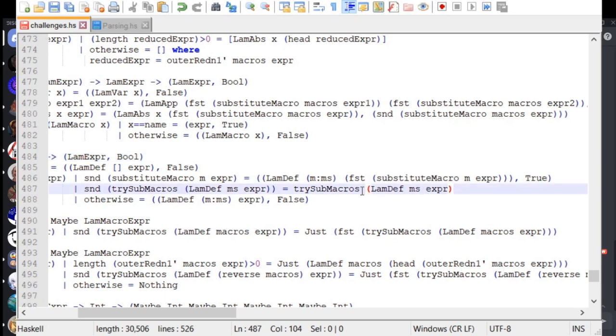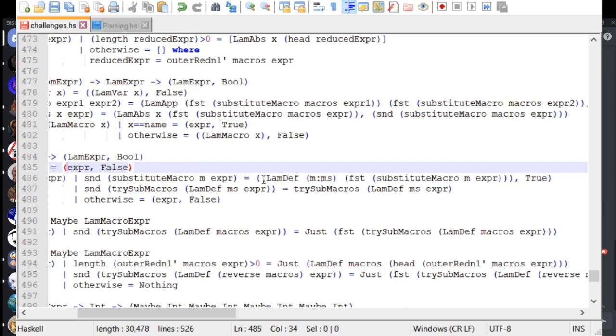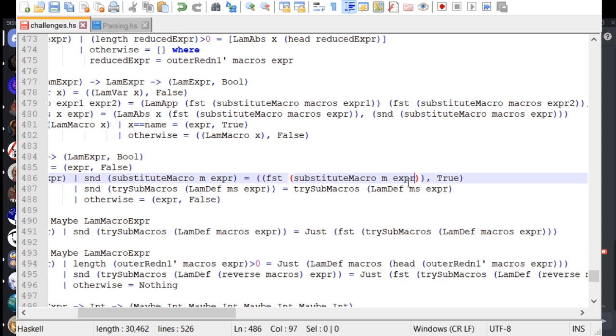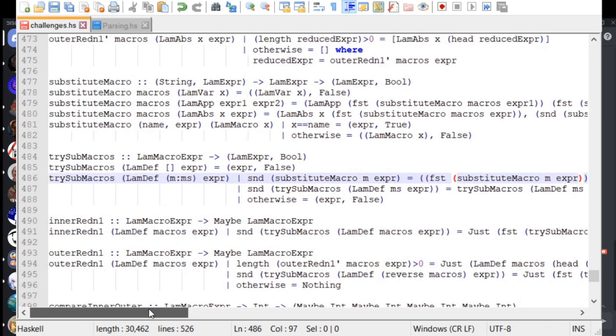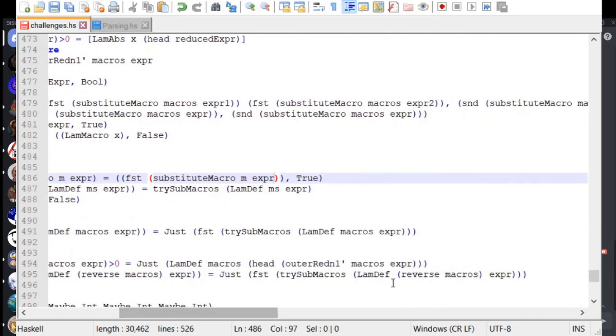So, this can just be expression. This can also just be expression. This can also just be expression. And then this is fine. Right, but then here